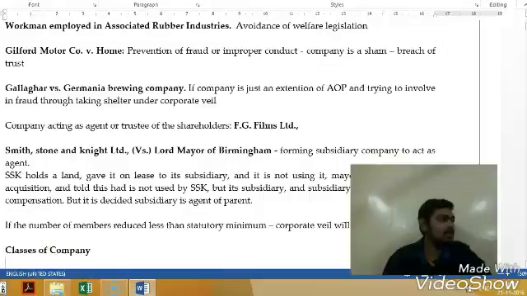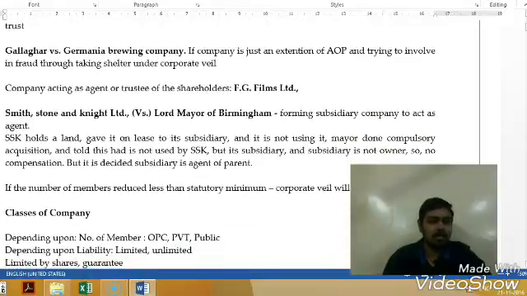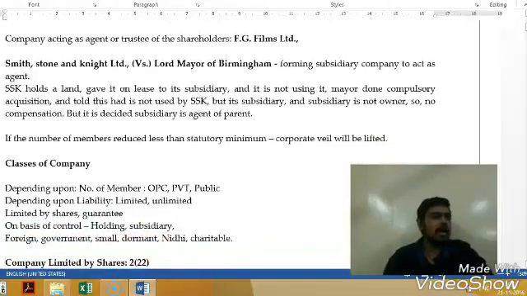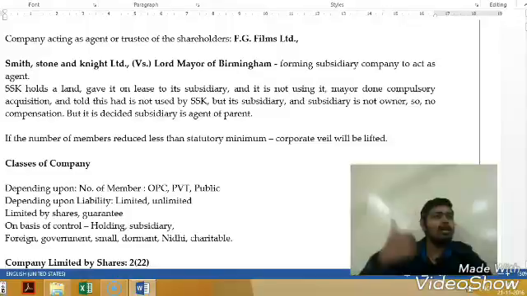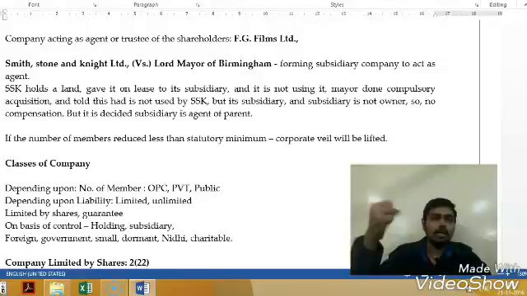Then the Gallagher case law, it's a fraud. The directors and members were committing fraud in the name of the company. So they lifted the veil. Then in Smith, Stone and Knight, they lifted the corporate veil because the holding and subsidiary relationship should be established, so that